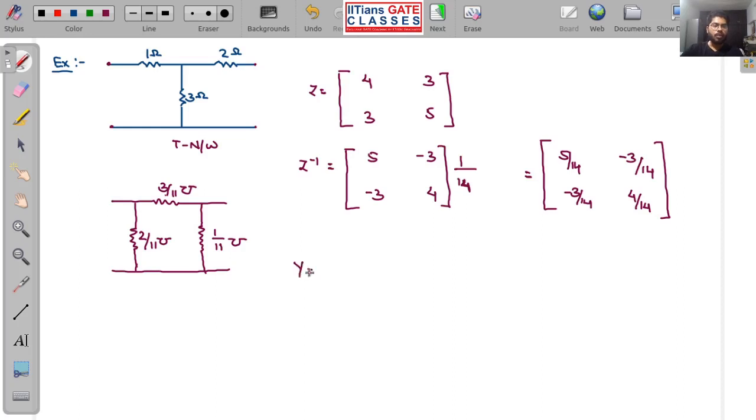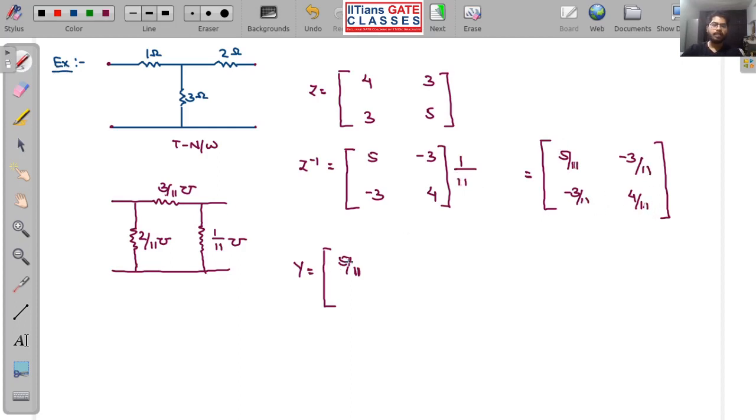So now if I want to write the Y parameter, what will it be? Look very carefully. It will be ya plus yb. So that will be 5 by 11. Okay, so 5 4s are 20 and 3 into 3. This is minus 9, not 14. 14 will not come here. So 20 minus 9 is 11. Sorry, that is what I thought. Why am I getting a different result? So a silly mistake that I have made is, this is my 11. Okay, so this is my 11.